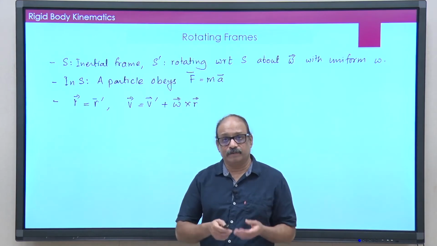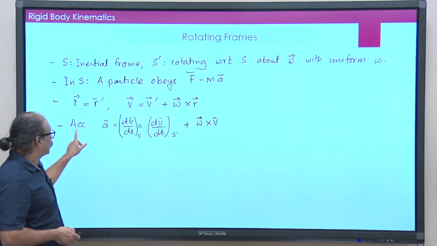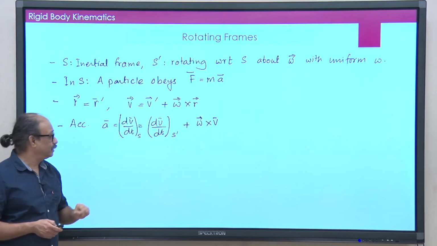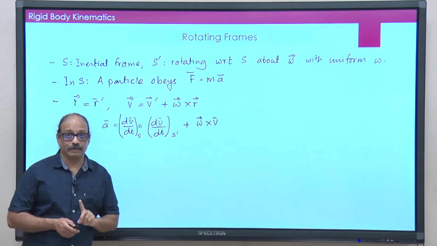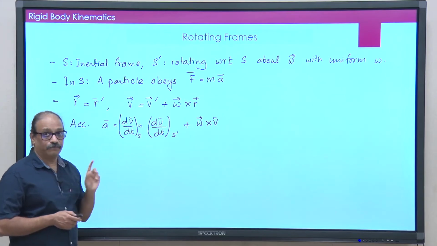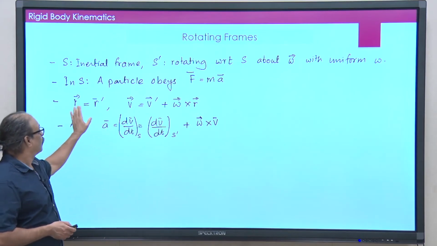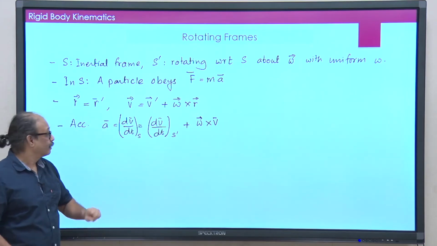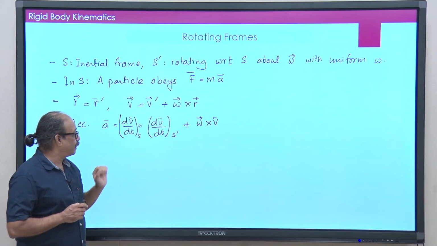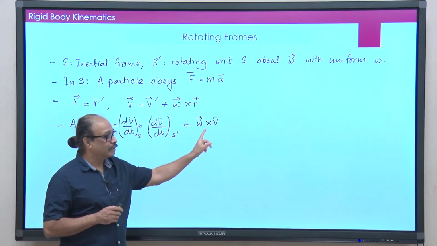Okay. And now, we want to calculate the acceleration by taking one more derivative. So, take one more derivative here to calculate acceleration. So, when I take dv by dt as seen from S frame, remember it is a dv by dt, not dv prime. So, dv by dt, rate of change of vector v, remember v and v prime are not same vectors, unlike r and r prime, they are different vectors. So, here first we will concentrate only on v vector. So, dv by dt seen by S is dv by dt seen from S prime plus omega cross v.